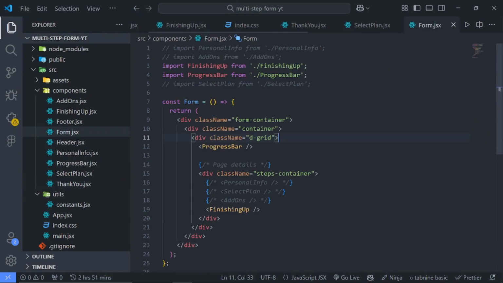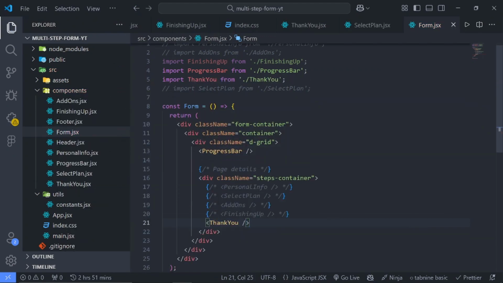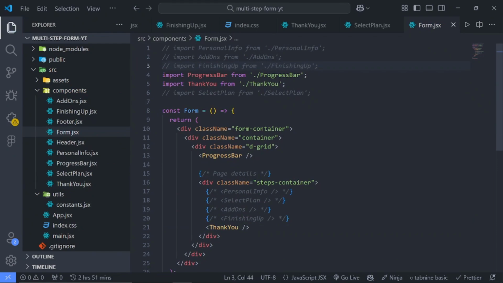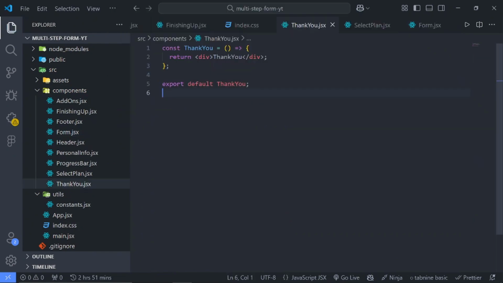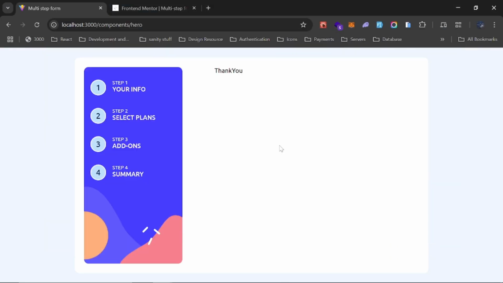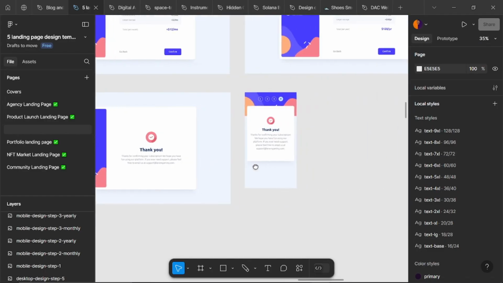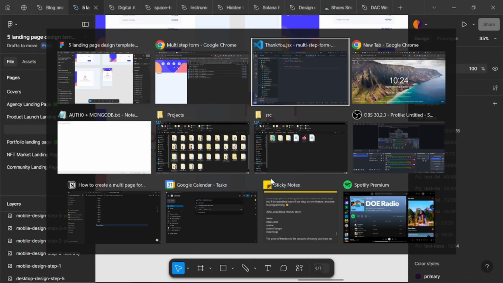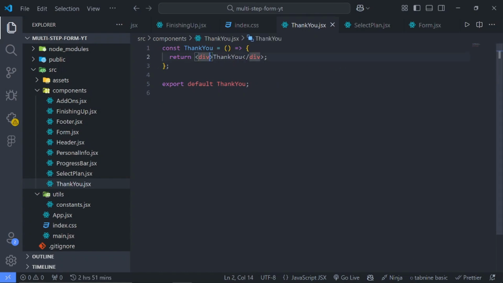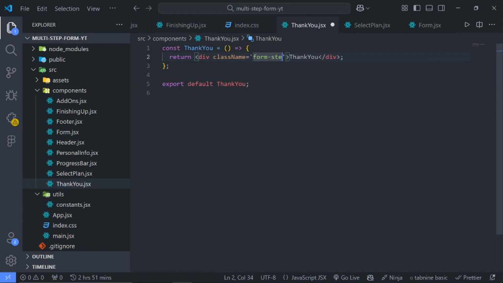Go to the form, comment this out, bring this, say thank you, and we'll comment this out as well. So we can now go to the thank you and let's see how it looks. Okay, so how does it look on mobile? All right, so we can say this should also have the form step as well, and class